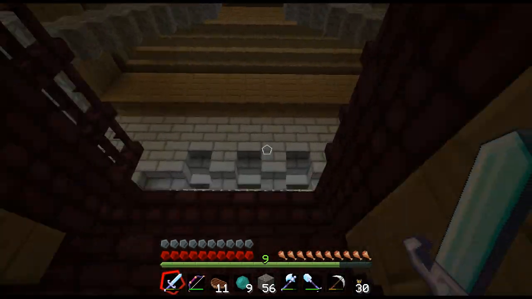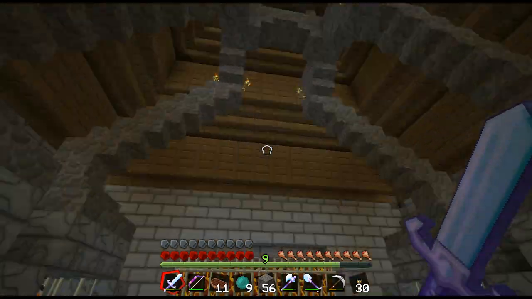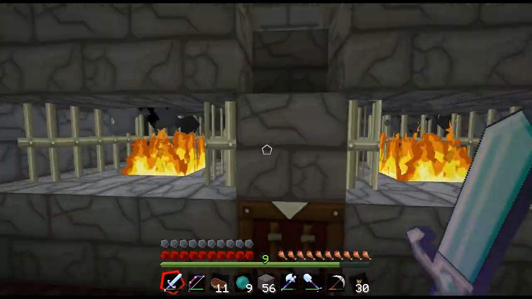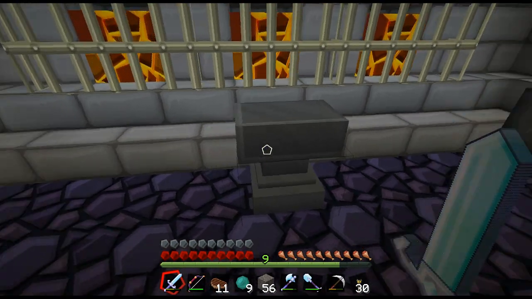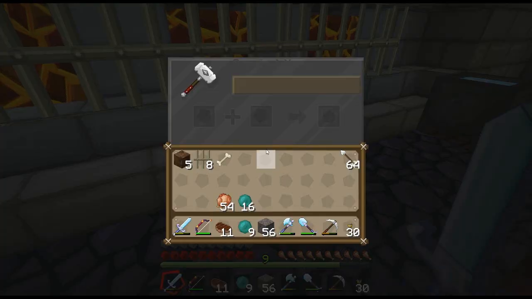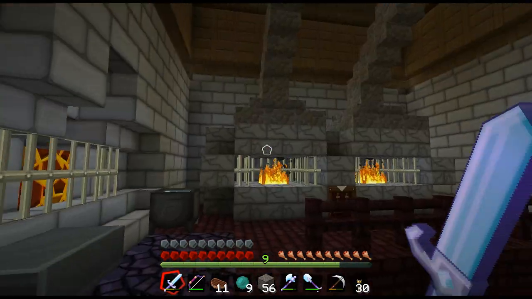This is my blacksmith. As you can see, got some what's-its things here. What do they call these? Forges to stick your metal in. Here's an anvil, a beautiful anvil. This is the brand new anvil texture from Pure BD Craft. We're going to be doing a repair later. As you can see,